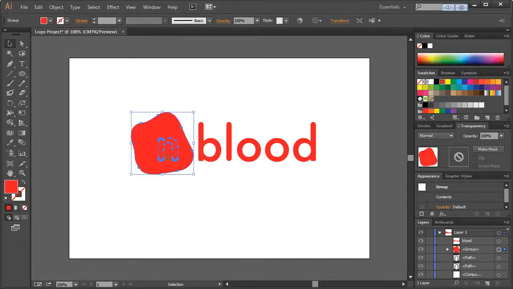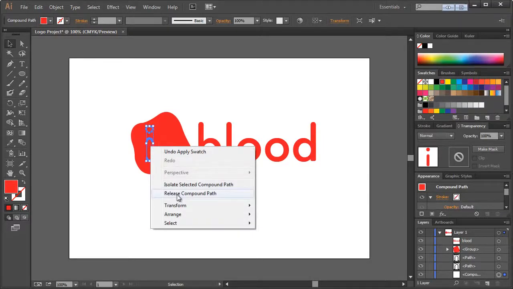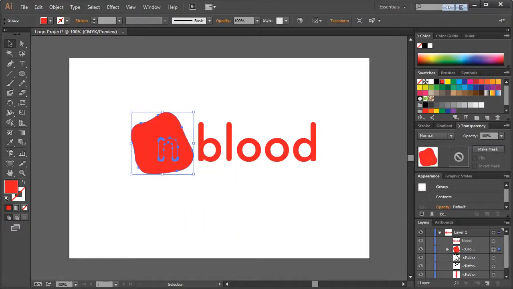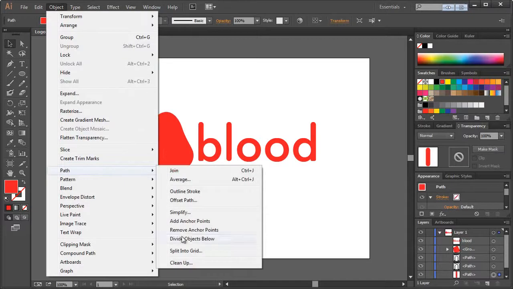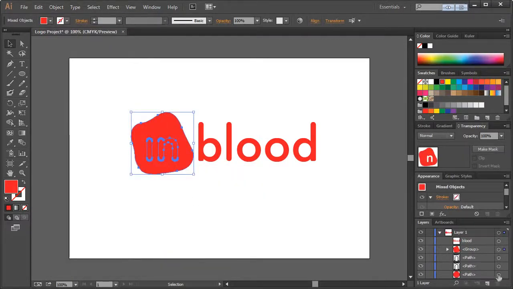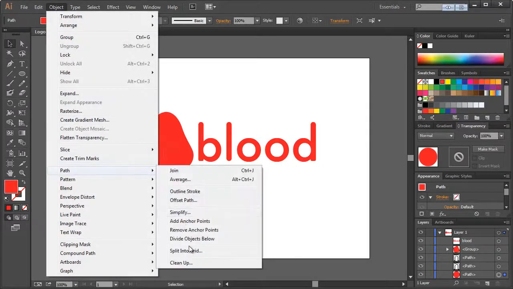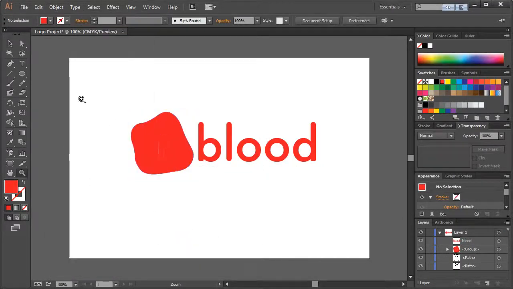Now we have the I, rather, that we need to do the same thing with. Now, because there's a dot here, we have two different shapes, and this is called a compound. So what we can do is right-click, Release Compound Path. Now we can select just that portion of the I and go to Object, Path, Divide Objects Below. And then finally we have the circle in the I up here, and we'll do the same thing. Okay, so now that we've done that,